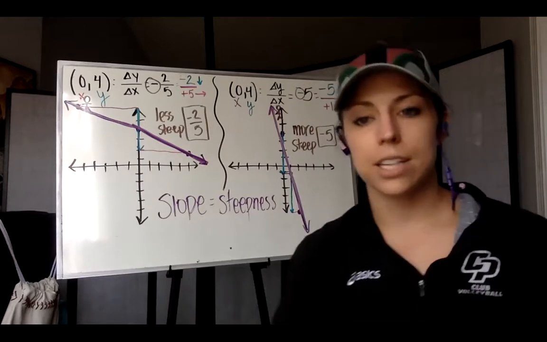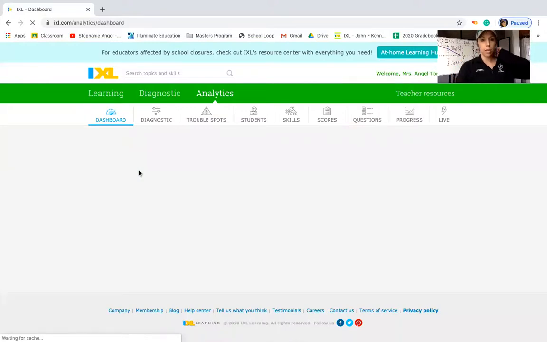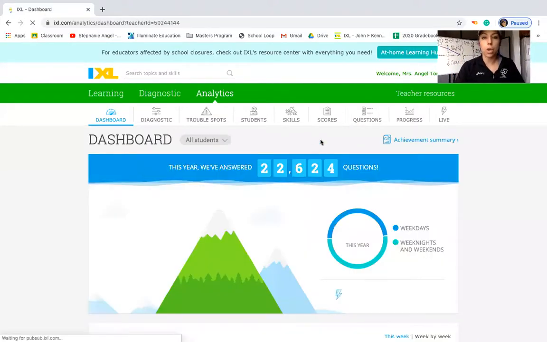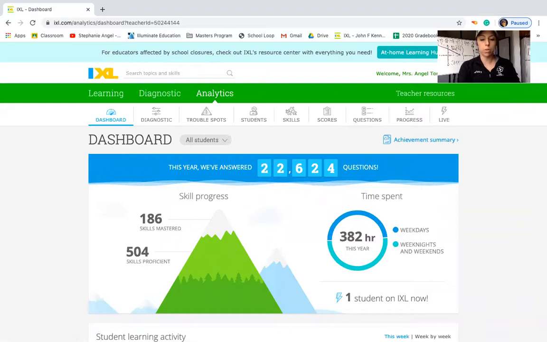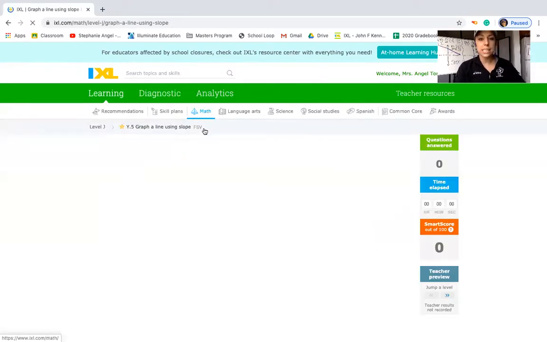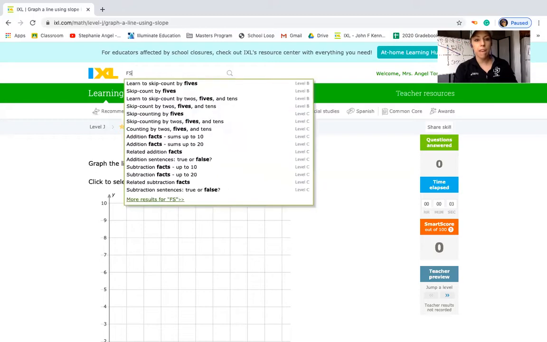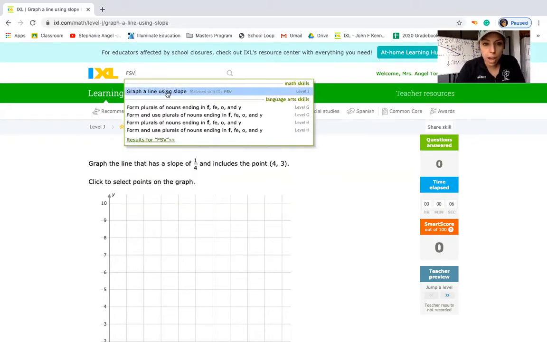Okay, let's go ahead and take a look into our IXL practice. Now, once you log into your IXL practice, we're going to sign in here. And your code for today, let me look up that code. Slope. Is this it? Yes, your code is FSV. FSV. So if I go up to the search bar, FSV,